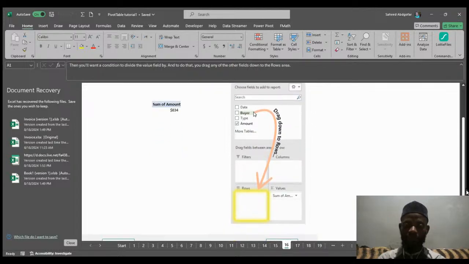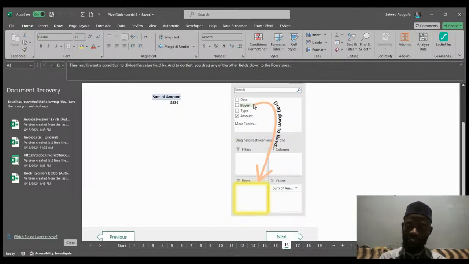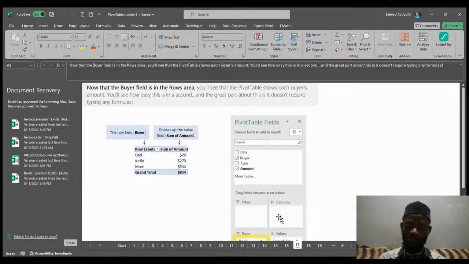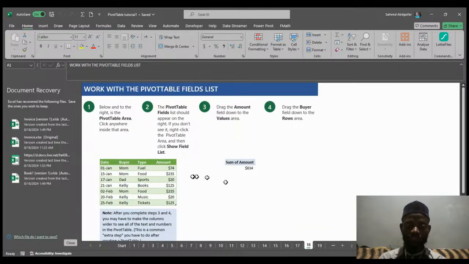The next one is the buyer. So buyer, also drag this buyer and put it here. So once we drag the buyer and put it inside this box, what you see is the next one. That is our second pivot table. You can see it shows in a row: Dad, Kelly, and Mom. So the next one, which is